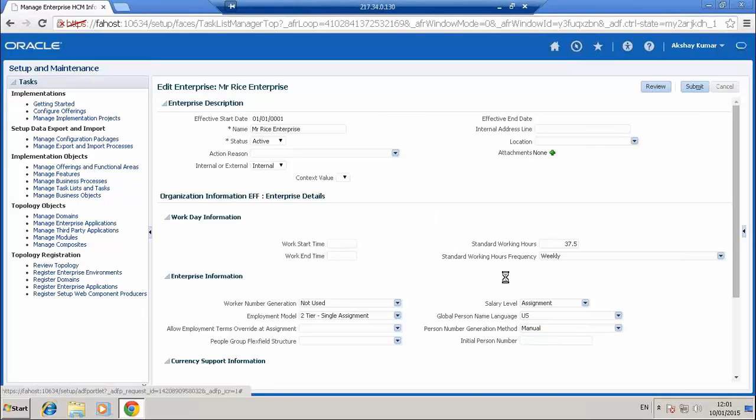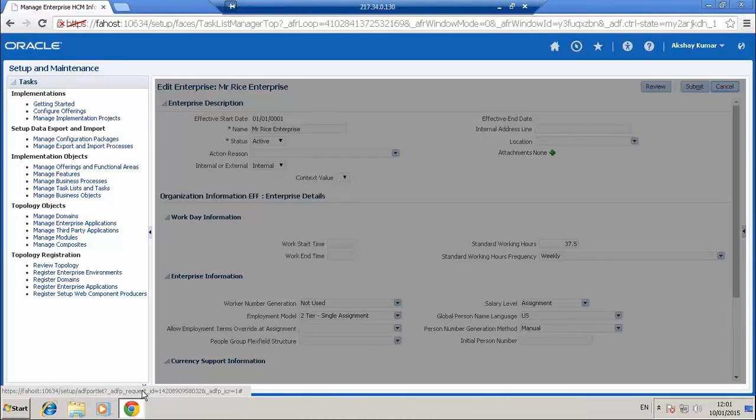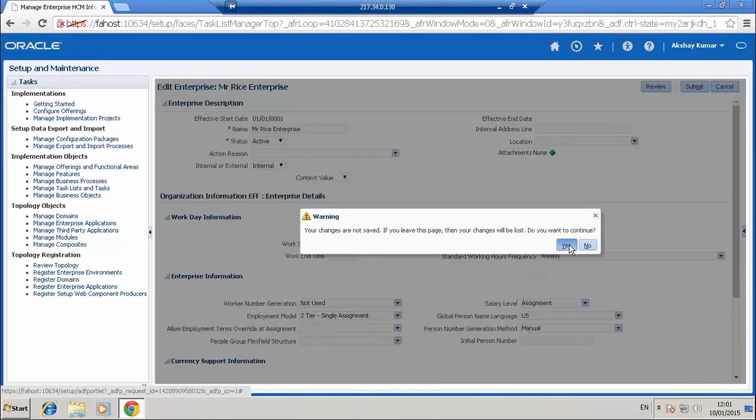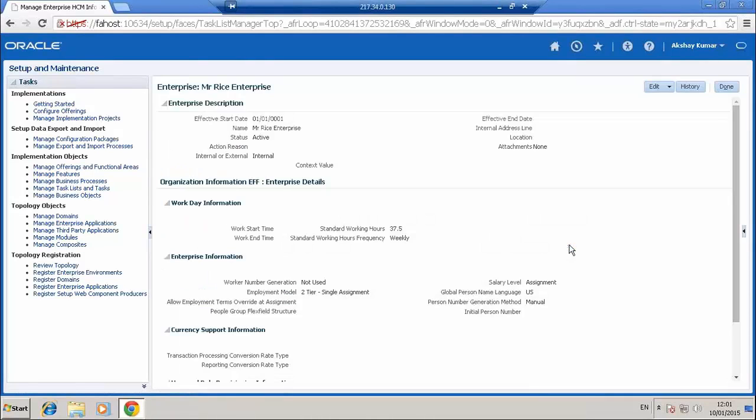After this, if you want, you can go and create a division. Manage division is the task. So if an organization, this one is manage enterprise, covers the topmost node of the organization.